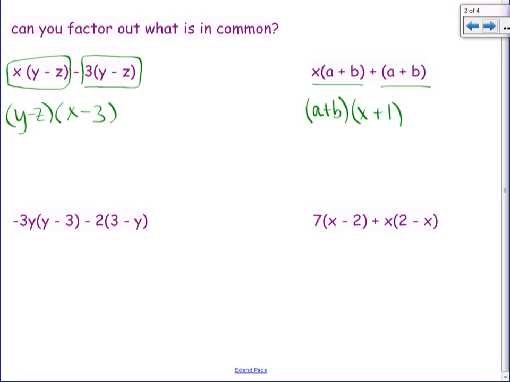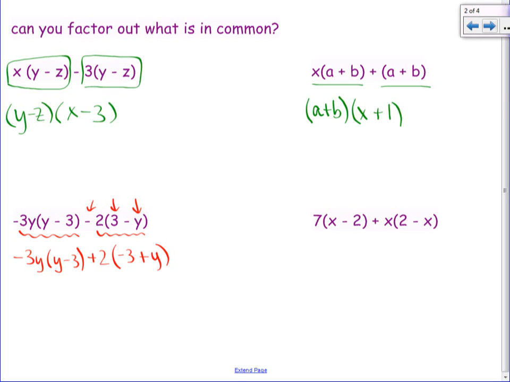Now these two on the bottom are a little bit different, okay? They don't exactly have the same thing that we can take out of both terms. They're still 2 terms. We have a term here and we have a term here. Okay, but they're not exactly the same. So here's how we change it so that it is. What we can do is we can change the signs on all 3 of these numbers and letters to be the opposite sign. Okay, so this is how it would look if we rewrote it. Negative 3y, y minus 3 we're not changing. But if we make this plus 2, and we make this negative 3 plus y,